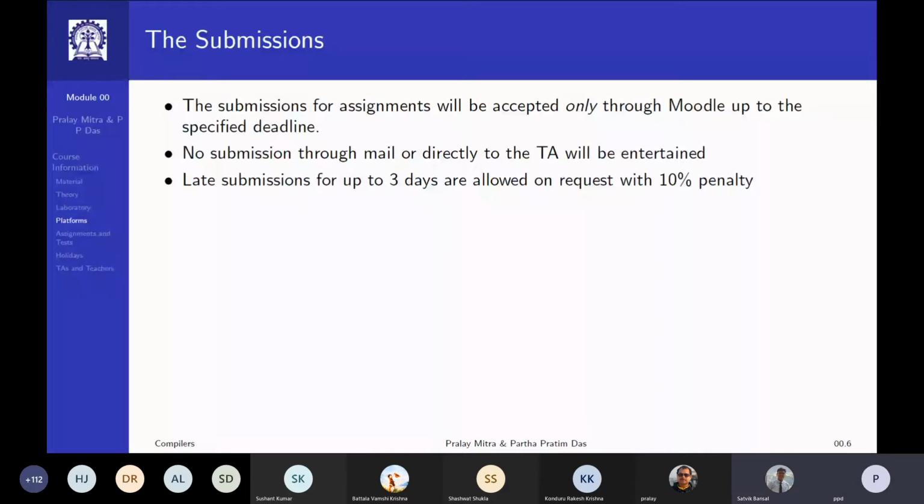Okay, so for a Moodle announcement, you need to get into Moodle and check that. If we make an announcement at 11 midnight or maybe in the early morning, then you may not check it till the evening.